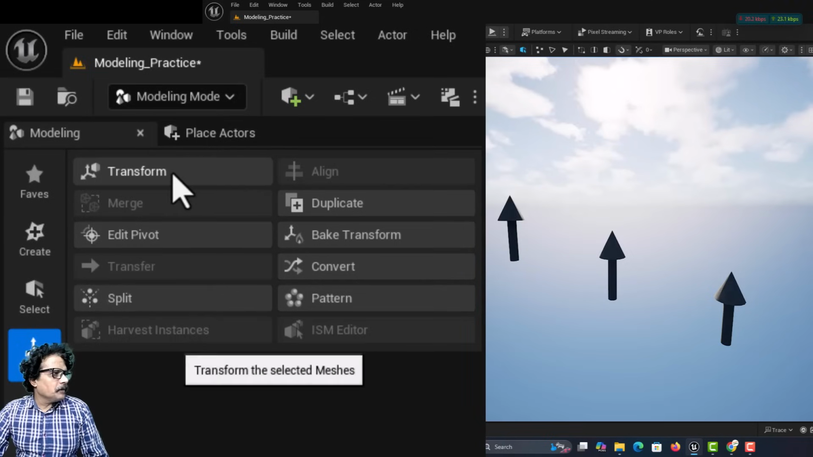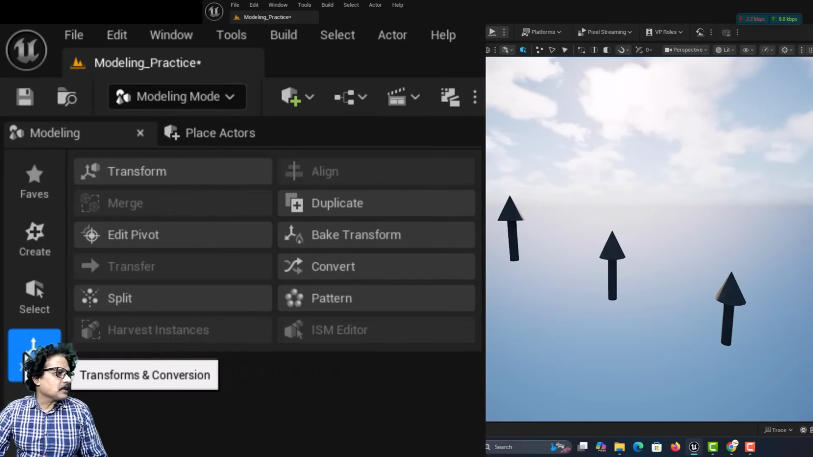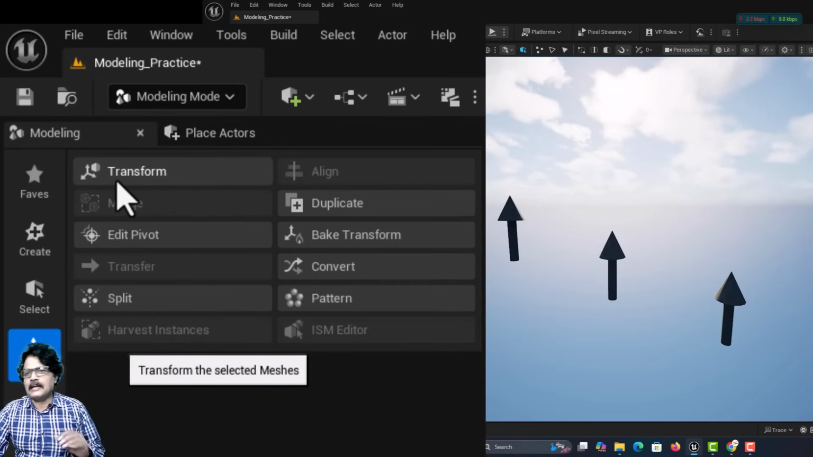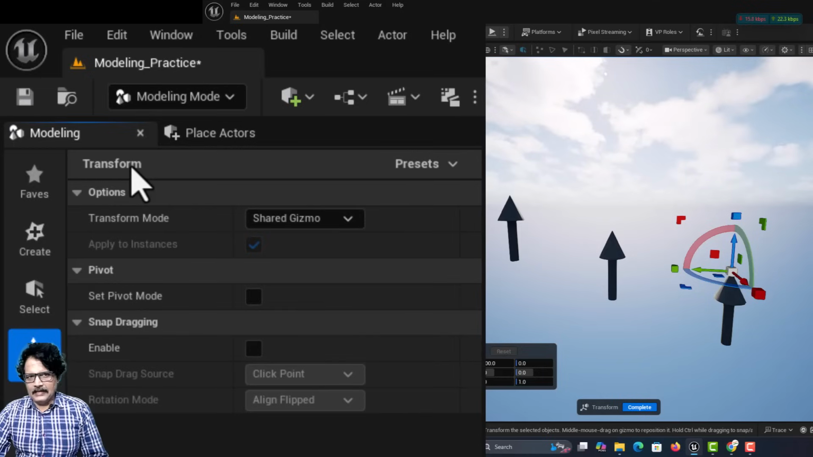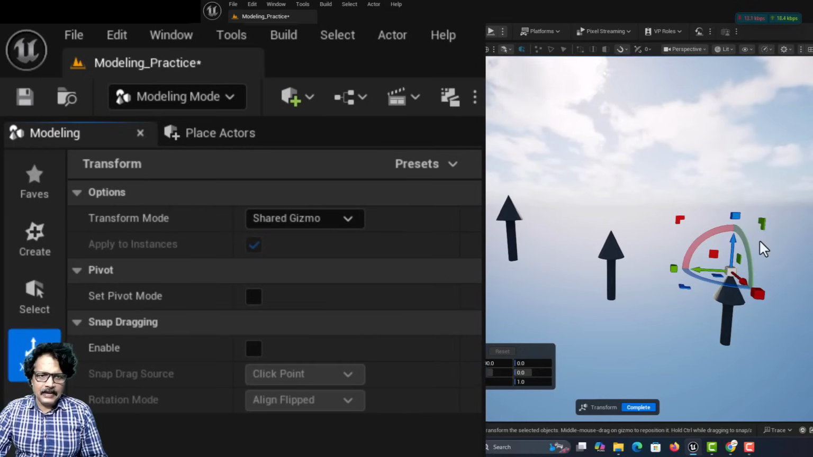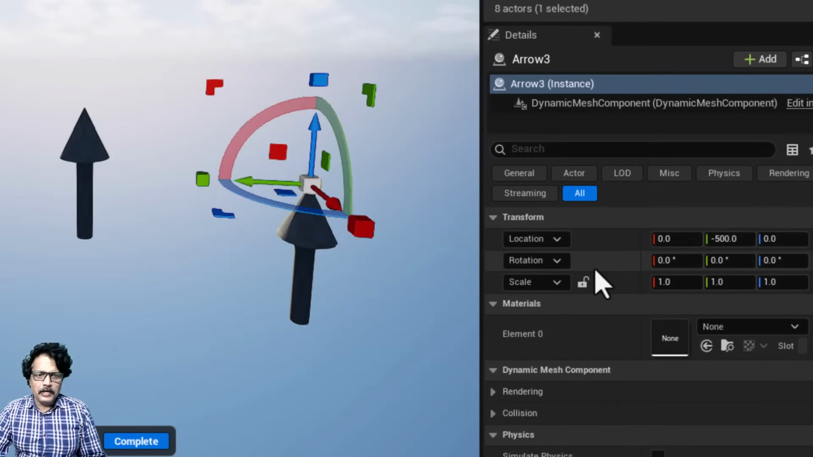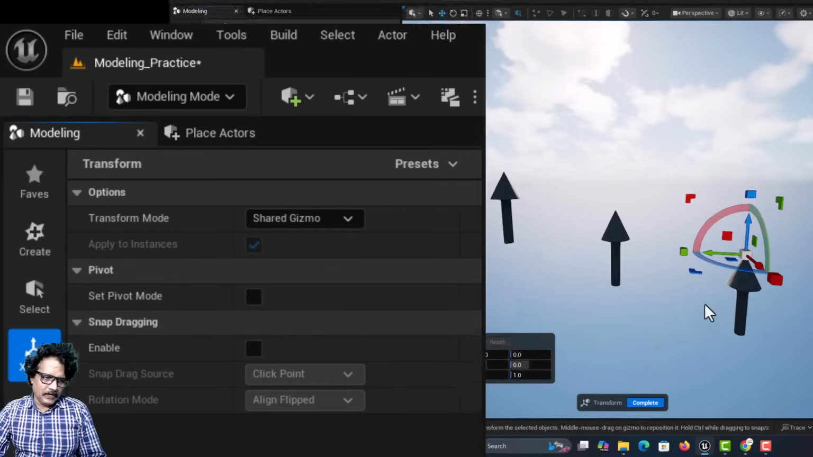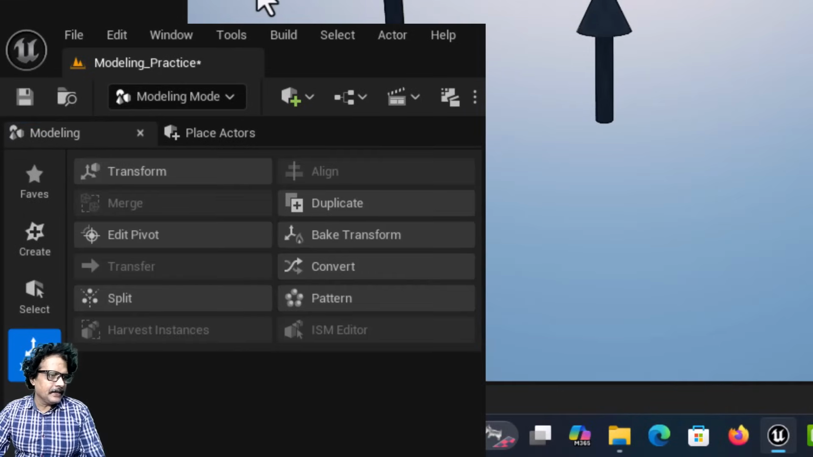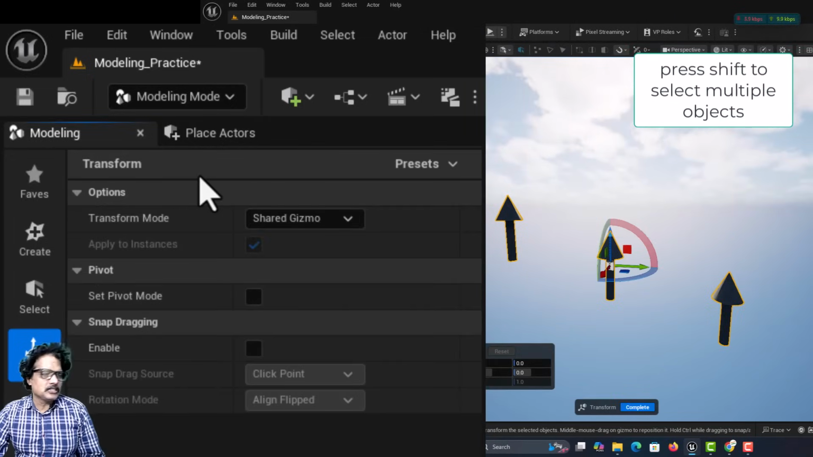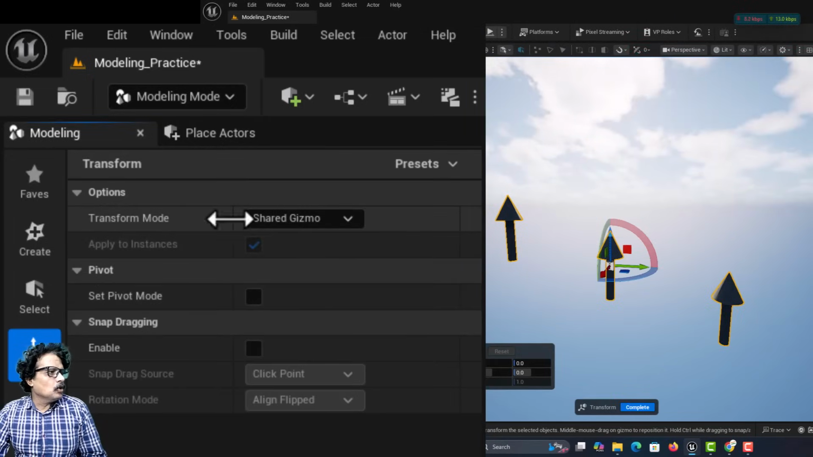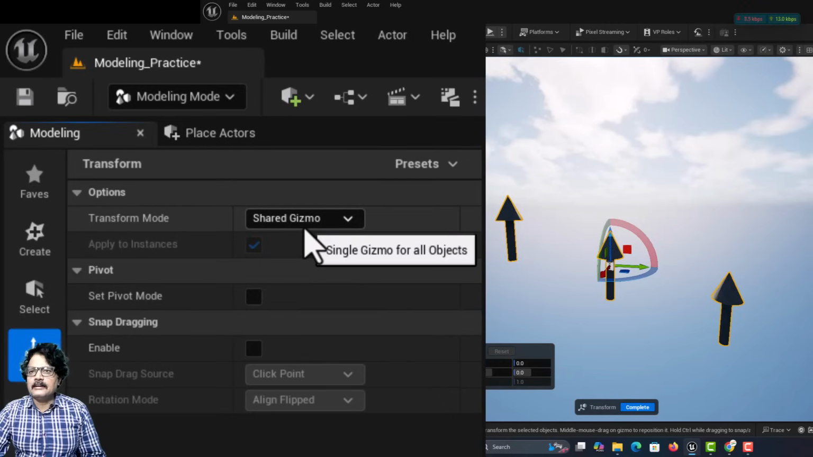I am going to come now into the first tool in this transform and conversion, which is called the transform tool. But we are using the transform here when we have multiple objects selected. If you have a single object selected, I can do all the transformation here or by using this gizmo. If I select multiple objects, say for example, I will click complete here and then I will select all the three arrows. I will come into transform and in the transform mode, the first mode is shared gizmo,